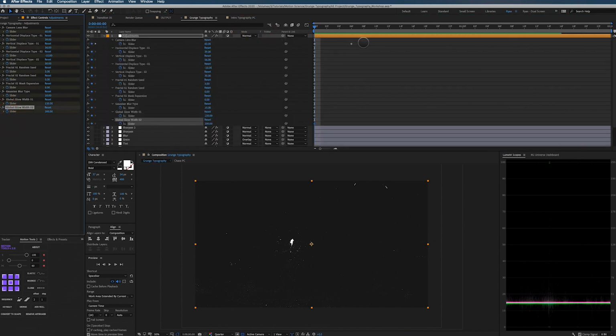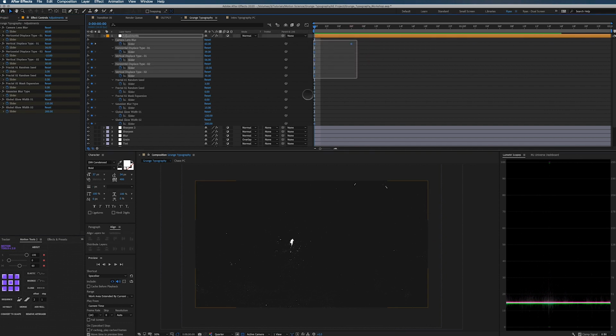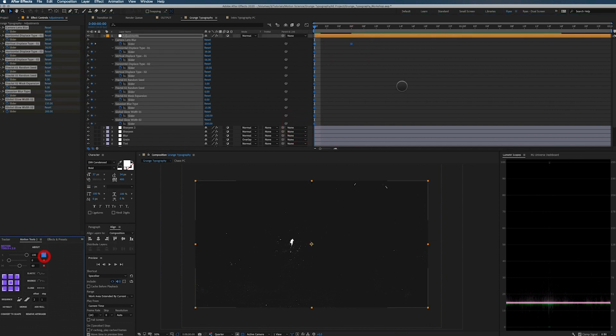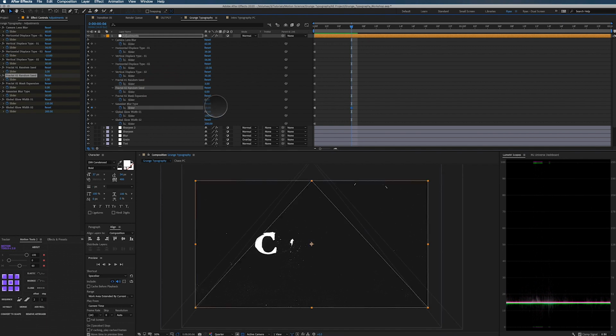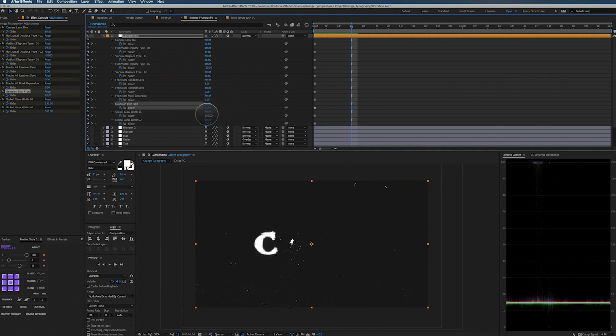Let's hit U on the keyboard. And let's make them hold keyframes. You can also go back, right click, toggle hold keyframe. And let's go through here and maybe make the Gaussian blur. Where's the Gaussian blur at? Right here. Maybe let's make this super high,